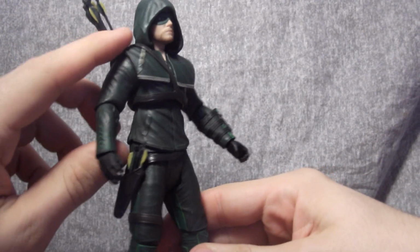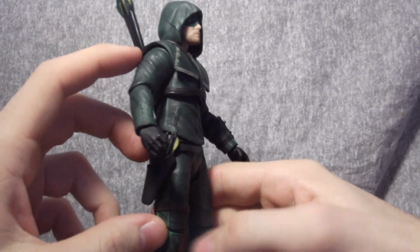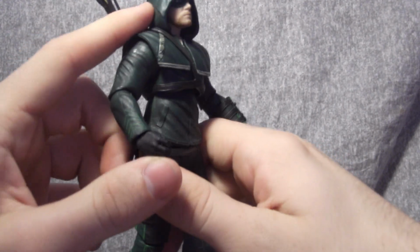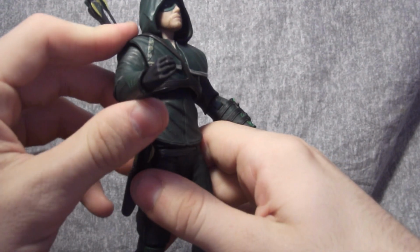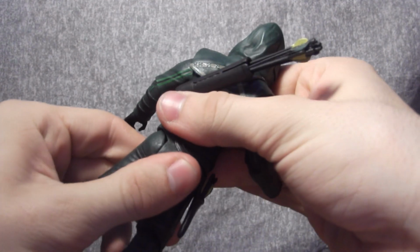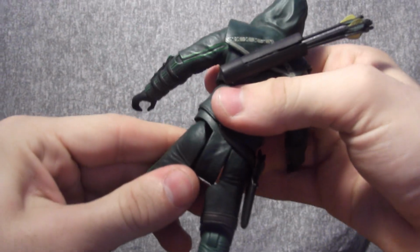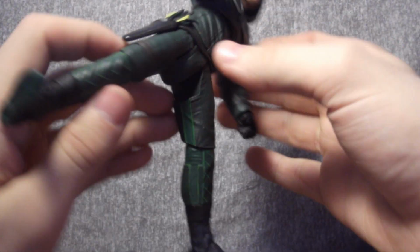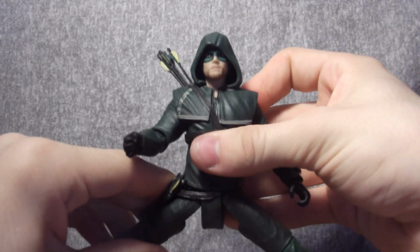Then, of course, he's got his little pocket quiver thing with more tiny arrows, which is cool. I don't know why he's got so many tiny arrows, but oh well. And then his legs, of course. I don't know if he's got hip rotation aside from that. Nope, mid-body swivel. He's got the weird DC leg